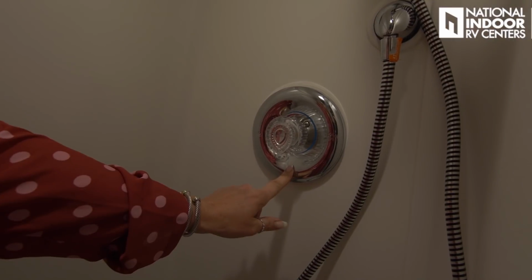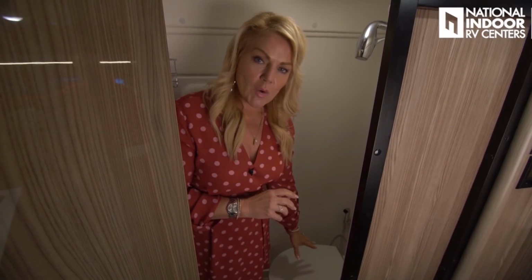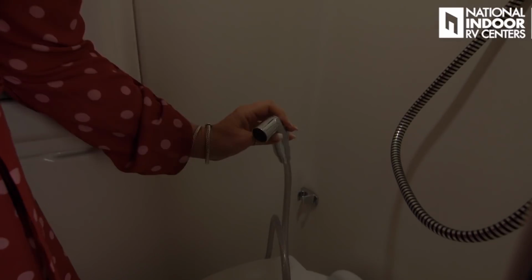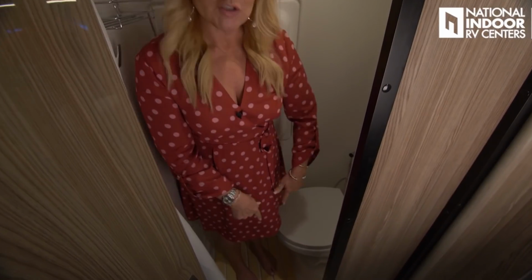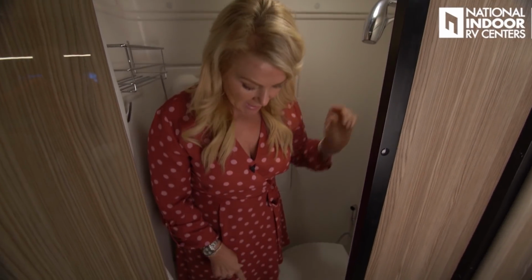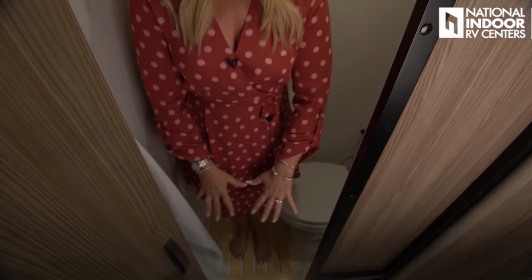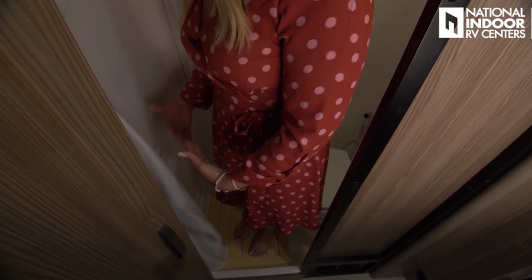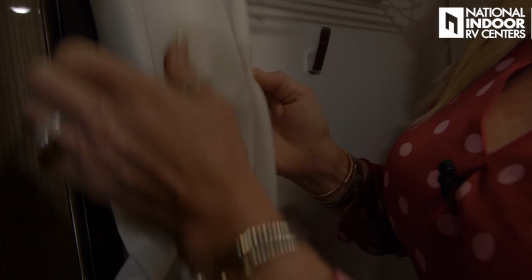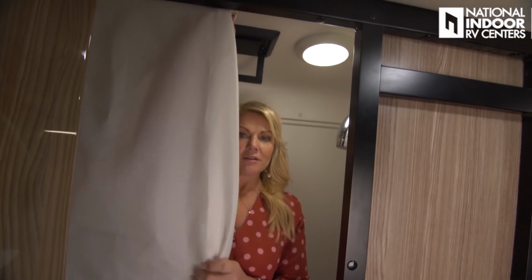And we have the temperature control. Then we've got our toilet, which is just a pedal flush. We've also got the little spray nozzle here to help us keep that nice and clean, which I like. At the bottom, we've got the drain for the shower. Again, the button to turn that drain on is up top. And I like this little bamboo slat that I have to step on so that the water doesn't puddle. I'm not standing in standing water the whole time. And there is a shower curtain. The shower curtain just snaps in place and then snaps across the top here